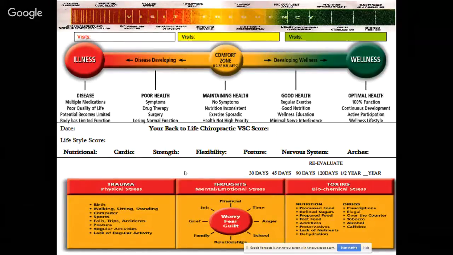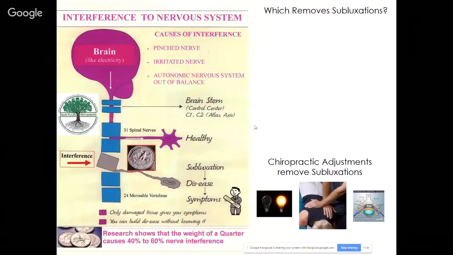And so one of the big things that we'll talk about next time is why it's so important to remove subluxations that are caused by stress and anxiety, and how it's affecting your nervous system, and that the weight of a quarter is all the pressure you need on a nerve to cause 40 to 60% nerve interference. And so removing this pressure actually will help you deal with stress and anxiety. And we'll talk about that next time,